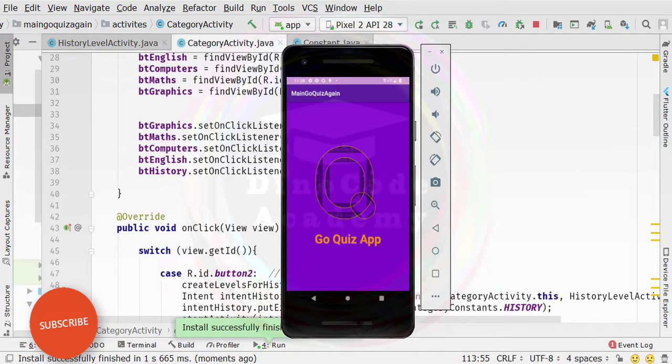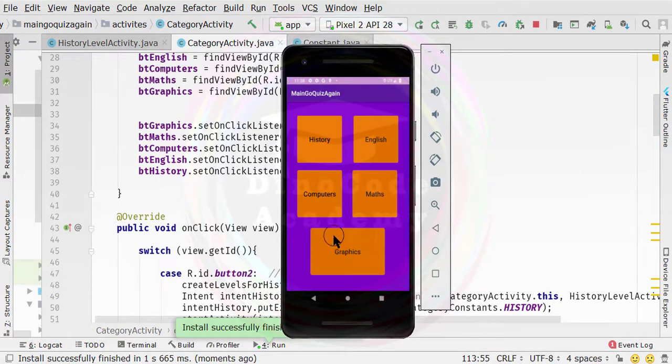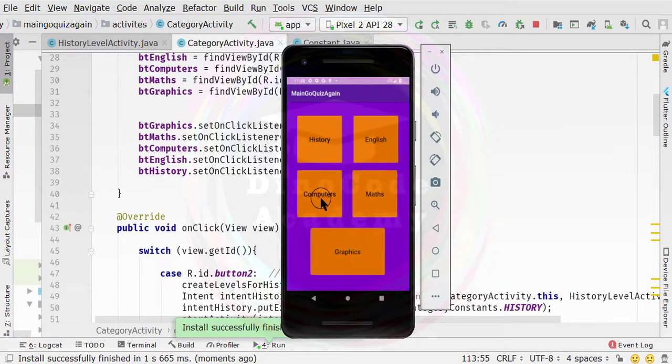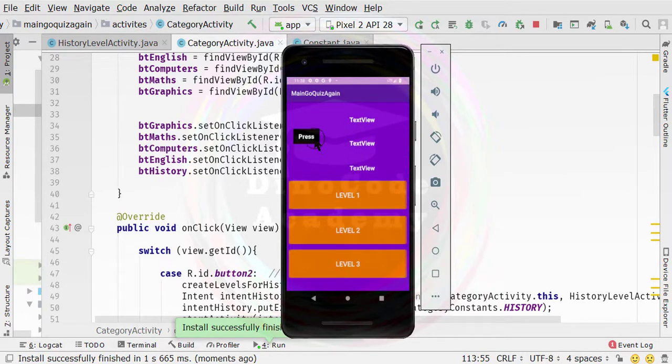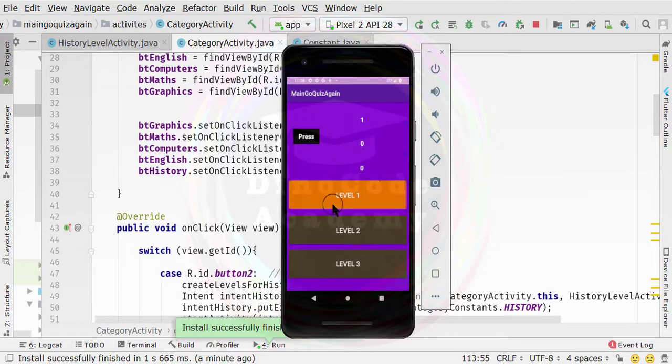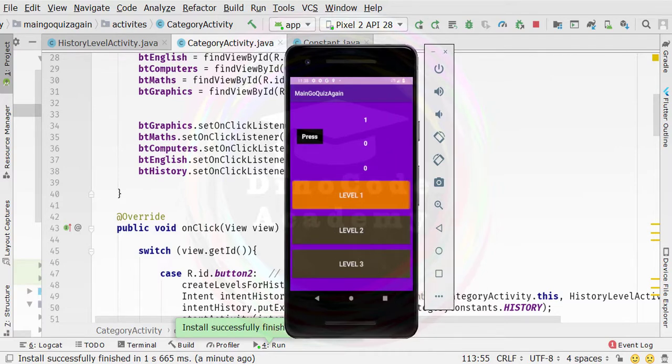So you can see now the application is up and running. If I click on this play button, and now if I select the history category, then you can see now we are inside the new UI, where our history category is now actually having only one level unlocked, and the rest of the 2 levels are locked. If I go back, if I again select the computers, now you can see 3 levels are unlocked. If I again go back and select the history one, here you can see just one level is unlocked, and the rest of the 2 are locked. So that is why I have actually used a separate layout file. The bug is now solved by creating the separate activity file for the history category.